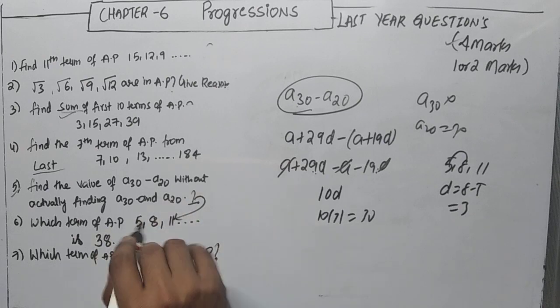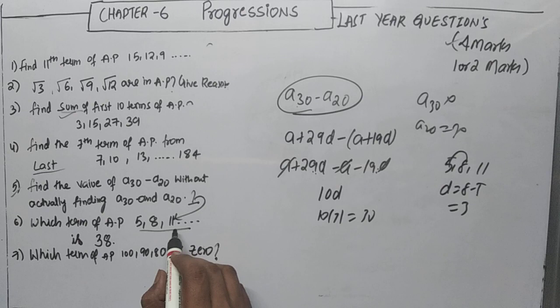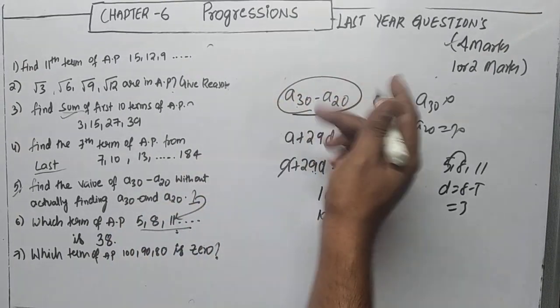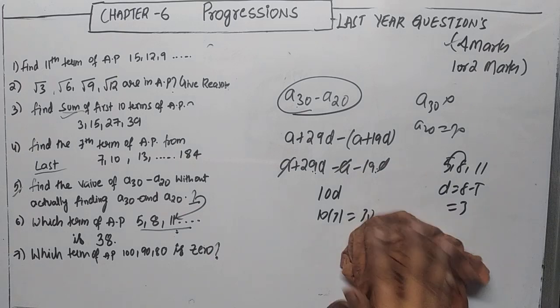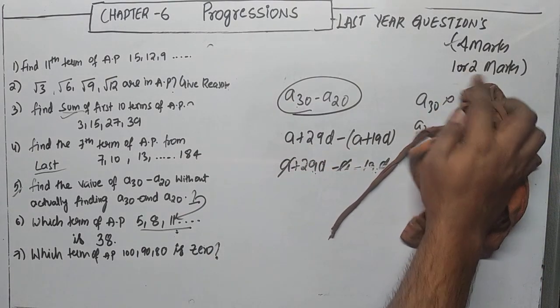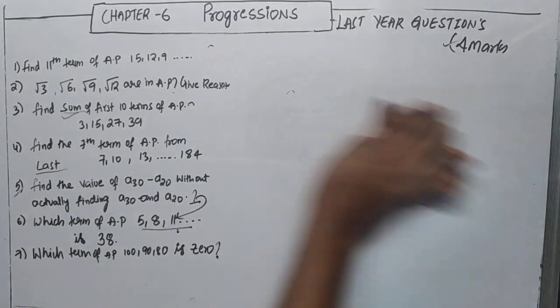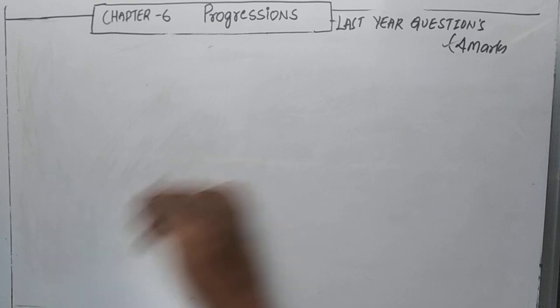ఓకే, ఎగ్జామ్లో ఏంటంటే మీకు ఒక arithmetic progression ఇస్తారు, లిస్ట్ ఇస్తారు. One series will be given or list will be given of arithmetic progression. So they will be asking to find the value of a30 or a20 or a30 plus a20, a30 minus a20 for 1 or 2 marks. Okay, so we have covered 1 or 2 marks questions. So next I am just covering the 4 marks questions from the last year papers, which you got from the progression chapter. These are very very important questions.